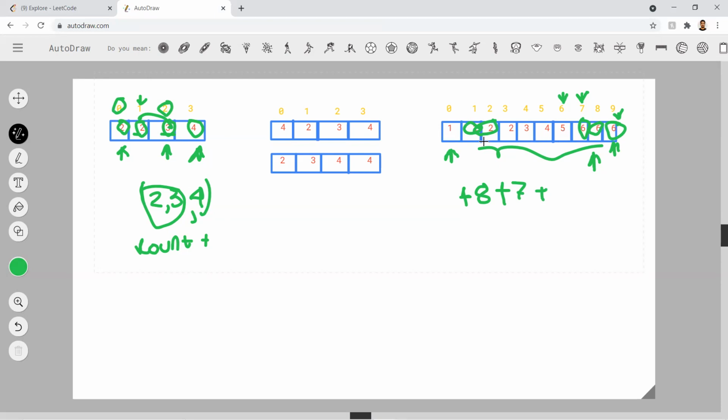Then, as we know this is a sorted array, we'll increase our left now, and this is 2 here, so it is being hidden, but it is 2. So 5 plus 2 is 7, which is greater. So we'll again see the difference of this index, 6 minus 1 is 5, and we'll add 5 here.